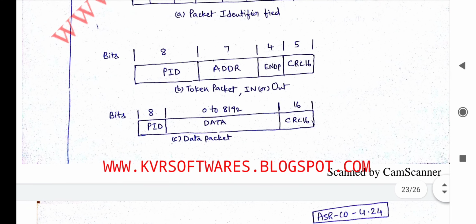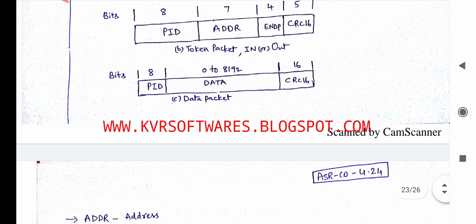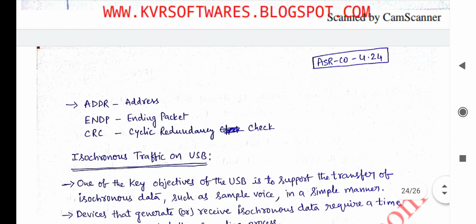Here in the data packet, PID occupies 8 bits, and the data field occupies 0 to 81992. See, it is the maximum number of bytes which you send. The data is 0 to 81992, and the cyclic redundancy check occupies 16 bits. ADD means address, P means end of packet, CRC means cyclic redundancy check.